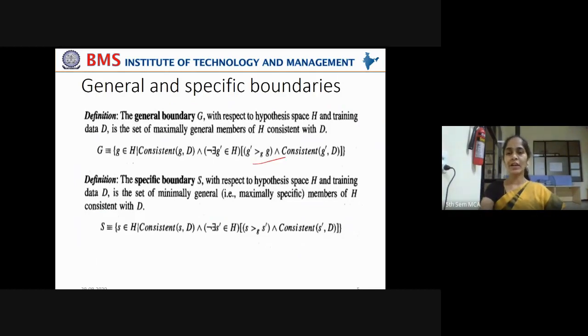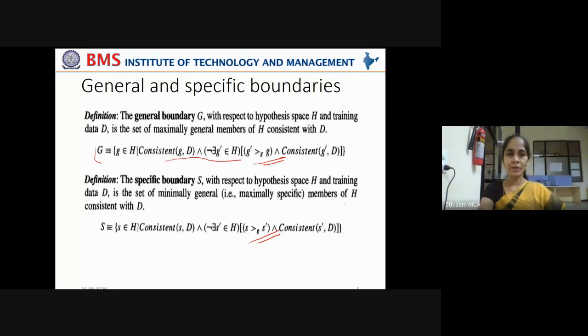Now those definitions are given here. These are very important. They may be asked in exams also. What are the formal definitions for general and specific boundaries? I emphasized this in yesterday's class also. Why? Because this mathematical notation has to be read. This entire text has to be read in normal language. You should be able to read it. If you just present it, how do you define? So a definition is nothing but reading this more clearly. Okay, I'll try to read that now.